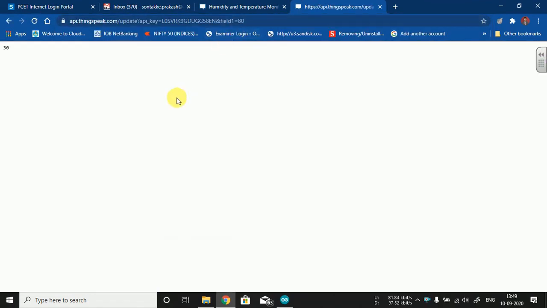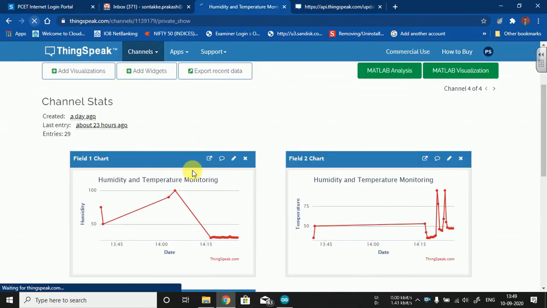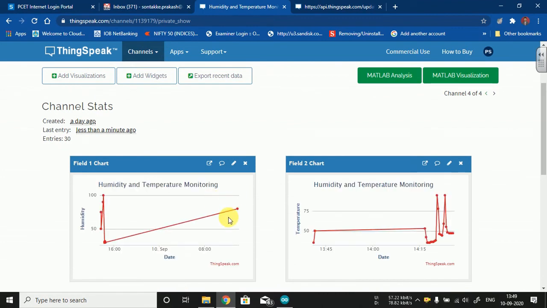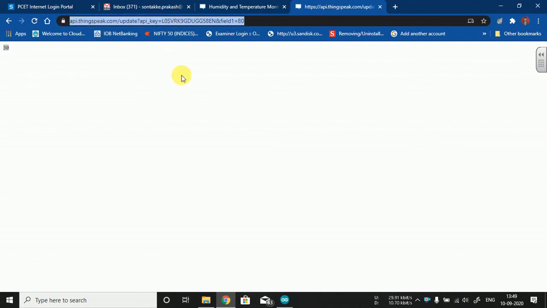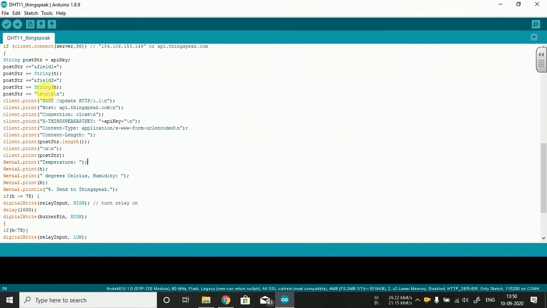If I hit enter, now see, I will be getting certain incrementation values, and if I refresh this particular page, I will be getting that reading over here. Now see, immediately I will be getting 80%, isn't it? So these are real-time values that will be uploading. So what I am interested in, I am interested in this particular URL. Okay, so I need to concatenate all these respective names. Just like your protocol, then server name, then update, API keys, the kind of field I need to upload, and the value. Okay, and if you see the contents, isn't it?